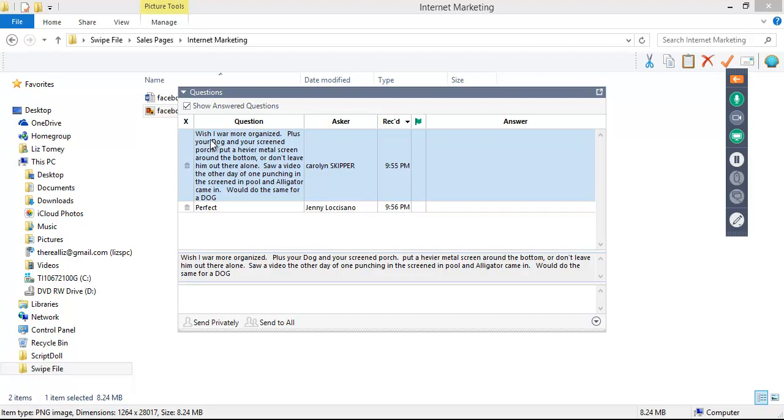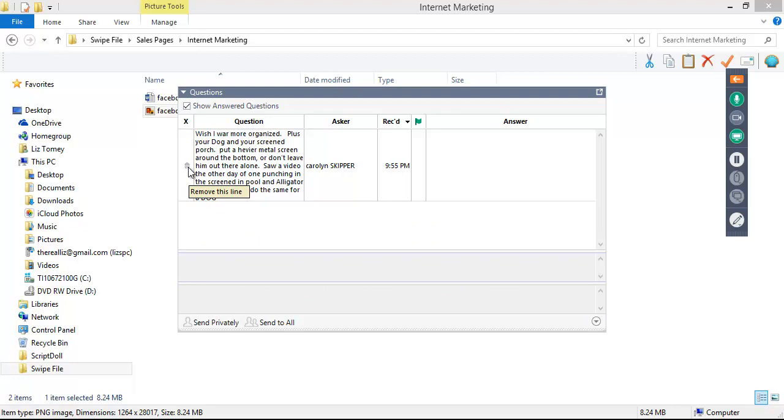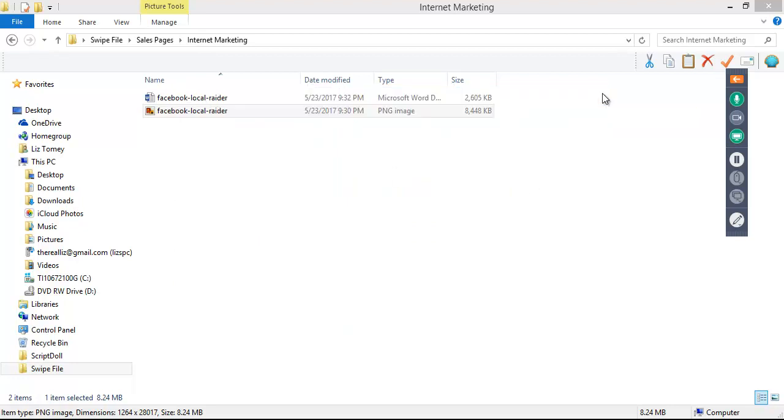Carolyn says, wish I was more organized, plus your dog and your screen porch. To put a heavier metal screen around the bottom or don't leave him out there alone. Oh yeah, no way. Saw a video the other day of one punching in the screened-in pool. An alligator came in. Would do the same for a dog. Oh yeah, totally. No, I don't ever leave her out here by herself, ever. Abby is back in Florida. Most of you guys have heard of Abby over the years. I think Abby was born in 2010, so she's 7. Abby is the snoring red pit bull.